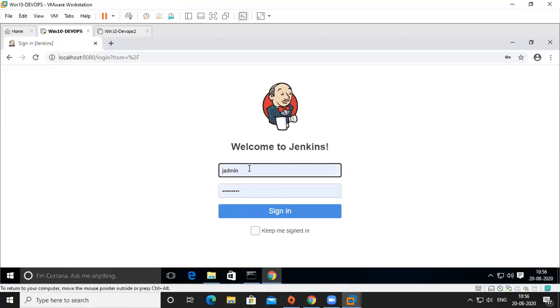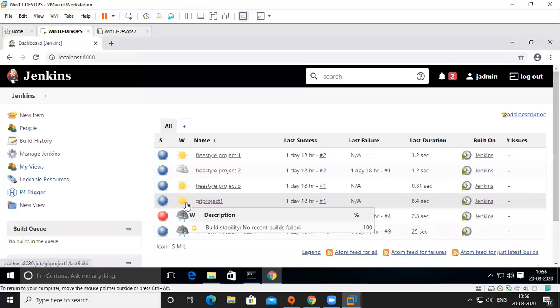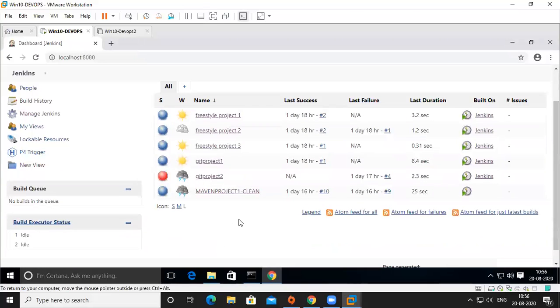Okay, I already saved the password in the browser, so no problem. Not only our GitHub, you can use any public GitHub and do it. Yesterday I did this project pipelining. It is working. So these are all our projects.